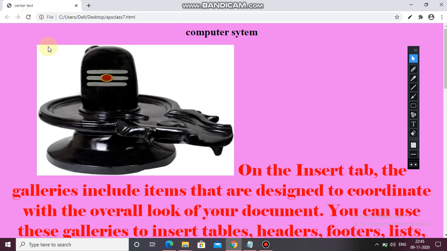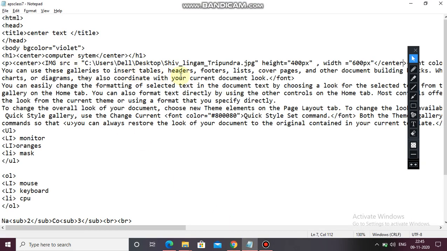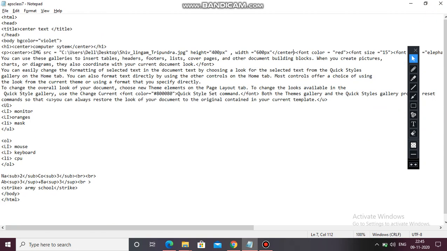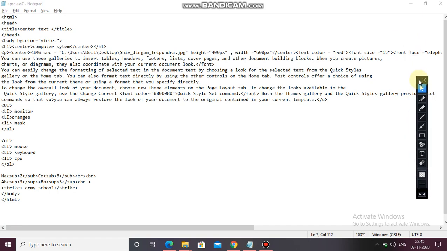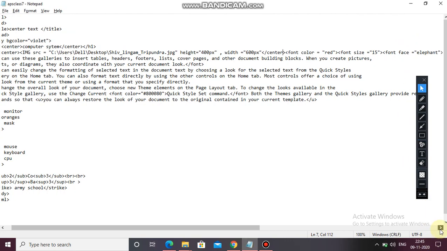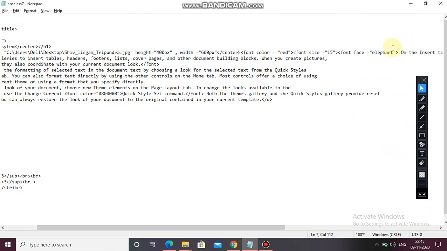See, it has come to the center. Before it was on the left, now it has come to the center. As I have not used the breaking line, I am going to use that on the Insert tab. Here I think I can use it, but it will be more clear to you on the Insert tab.